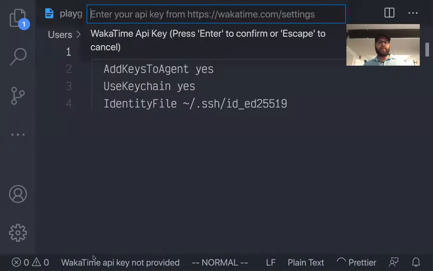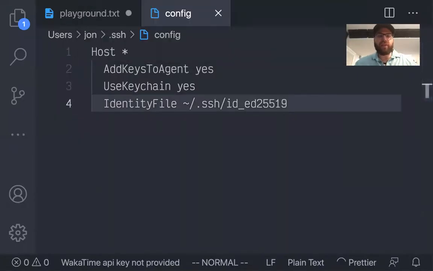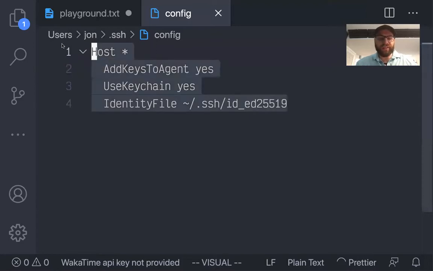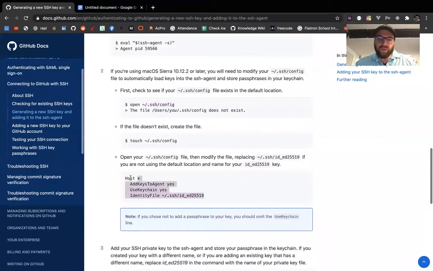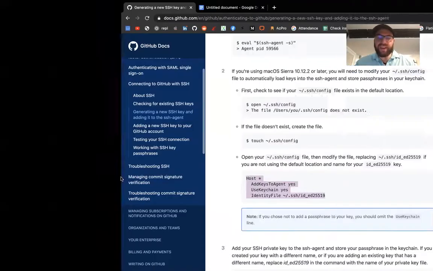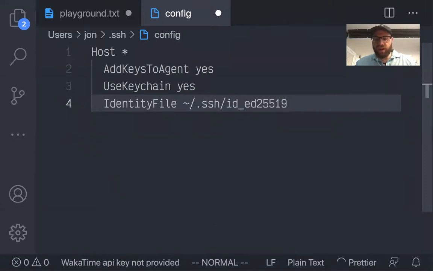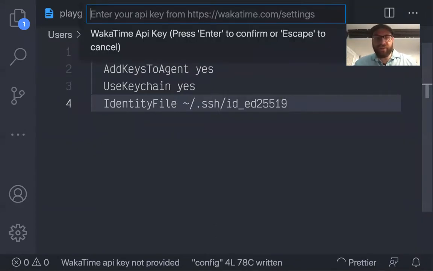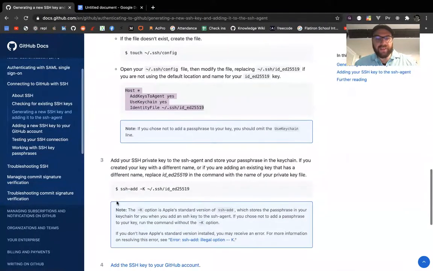We open this up, and basically the thing that you had to do was paste this in here. I already did this, so let's go ahead and delete it and repaste it in. Where we get this from is right here. We copy it, paste it here, give it a save, and now we just keep following along with this. So now we have to run this line of code in our